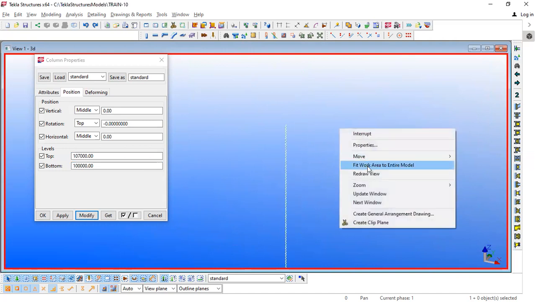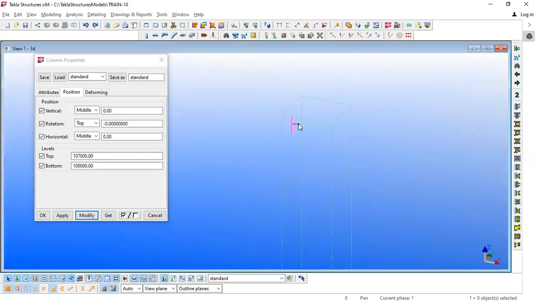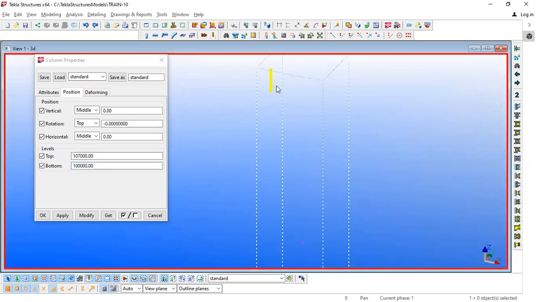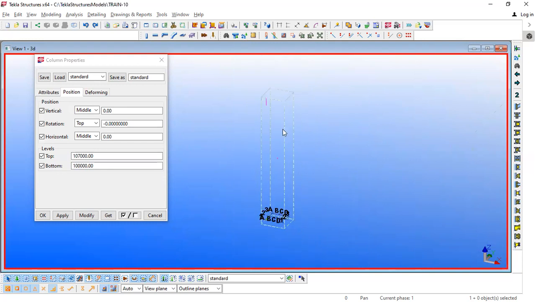So I need to fit the work area, and now you can see the column here. It has gone to that top level, starting from there and ending there, above that. So that is the way we are entering the column. See, our model is starting from this limit, then